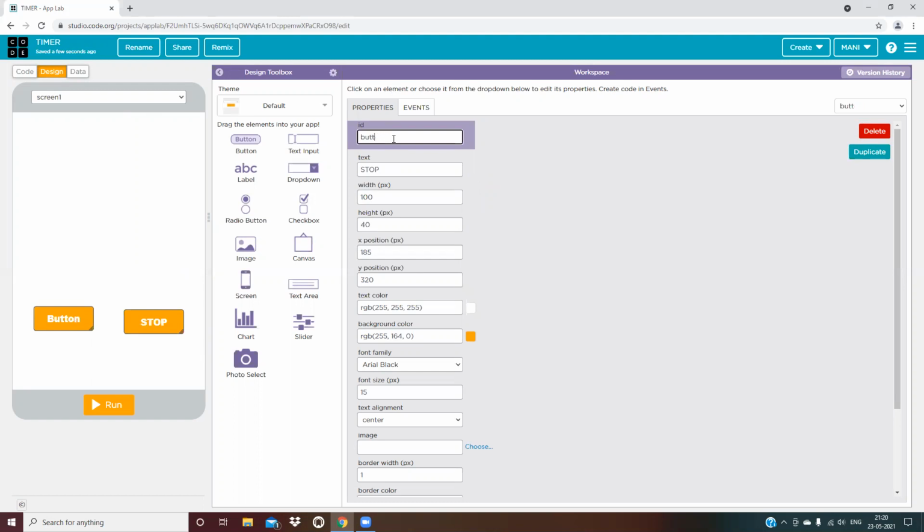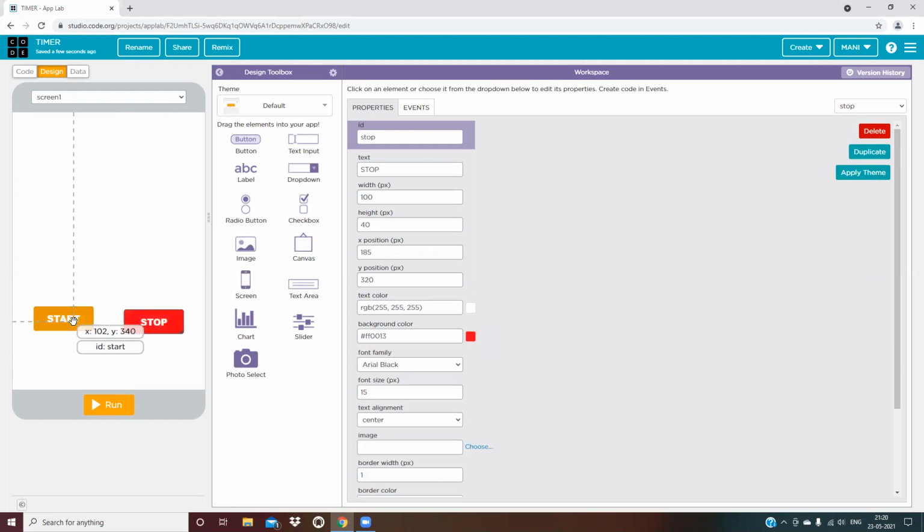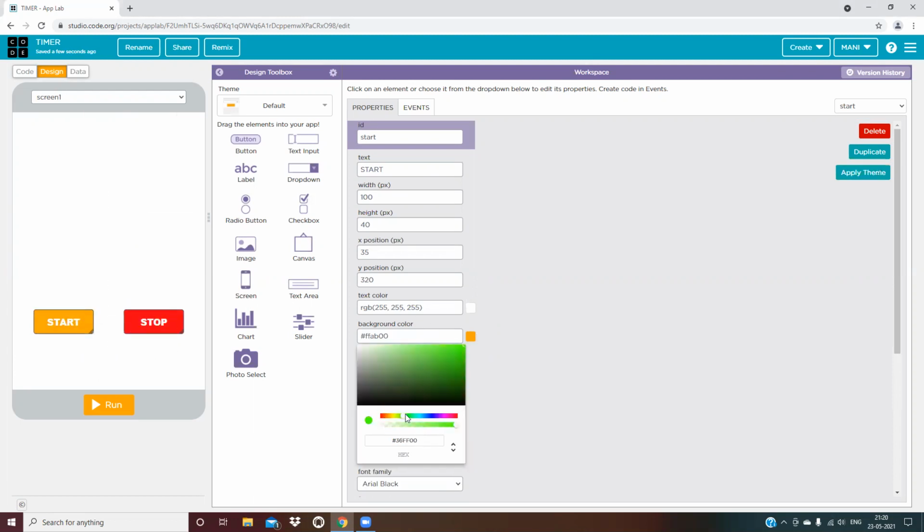When I click stop, the timer should stop, and when I click on start, then the timer should start. This is stop, so I will change the background color to red, and this is start, so I will change its background color to green.